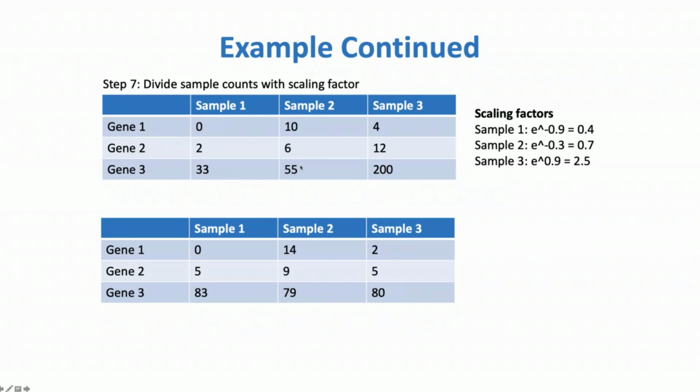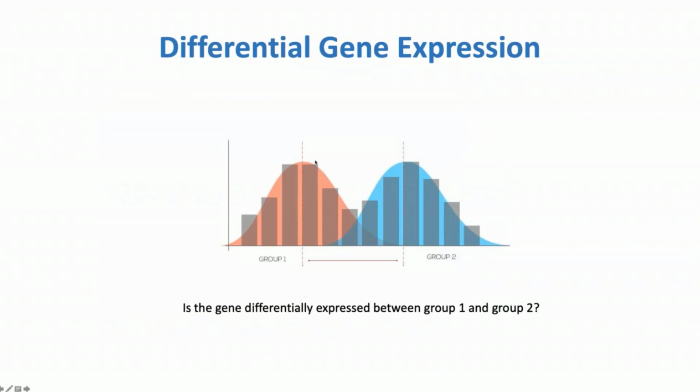What's to note is that because we didn't look at gene 1, this could have been an issue. Let's say if sample 2 had 1,000 counts on gene 1, we would have never taken that into account when we calculated the scaling factor. But then again, this is only a toy example. If you have thousands of genes, in practice, it's probably not a big deal. But that's it. So these were the